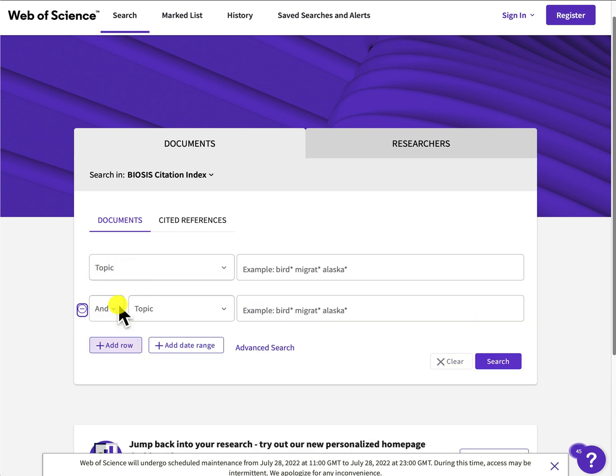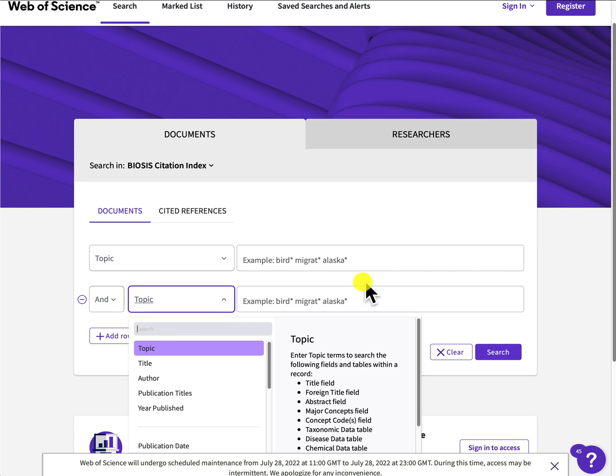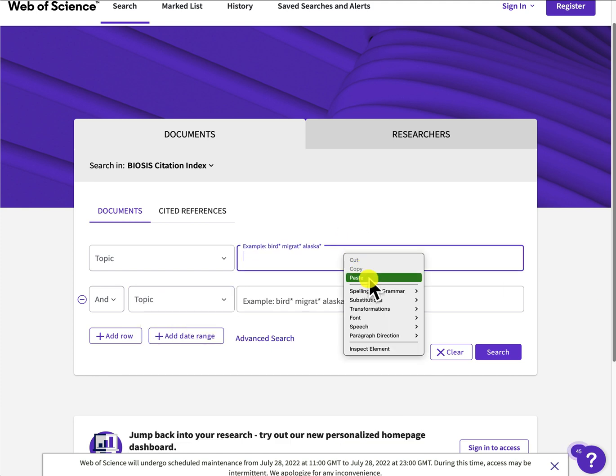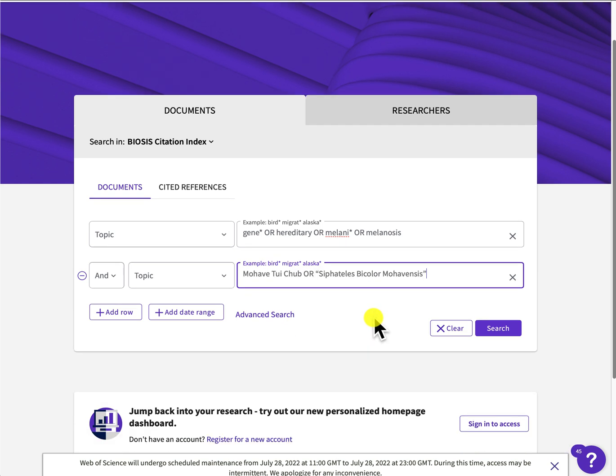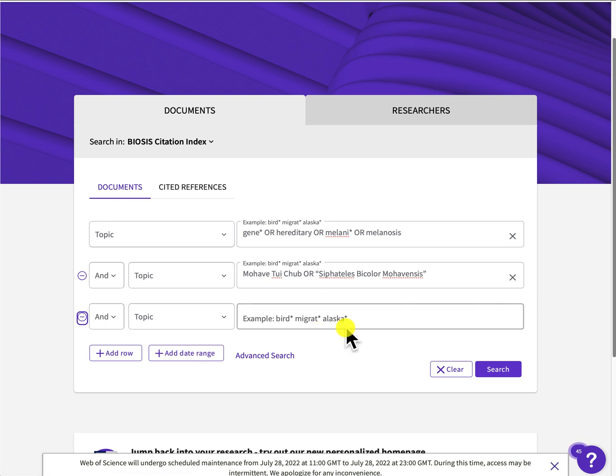If I click on add row, a new search box and field box will open up, and between the boxes you can see you have the Boolean operators. So let me put in the Boolean string from the scenario. And I'm going to select topic. Later on I can refine it to title or add another row and add more keywords to conduct my search. Click on search,